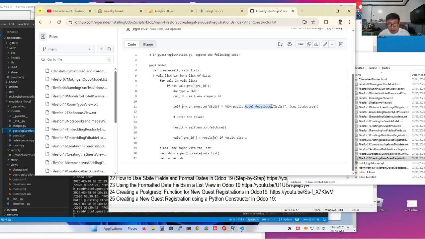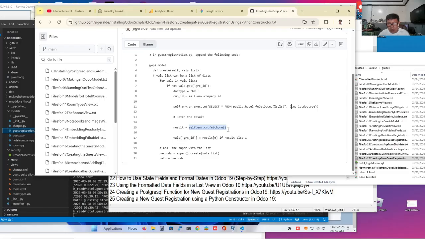That's the name of our newly created PostgreSQL function. The first %s is the first parameter, followed by the second parameter. The first parameter being the company ID, which we have fetched from the environment, and the doc type, which we have set to grc. And then to fetch the result, we say self